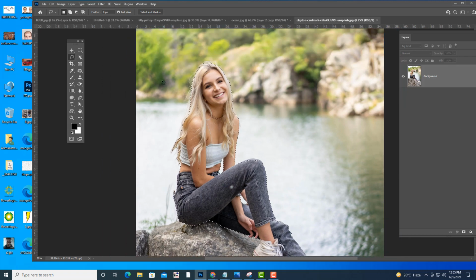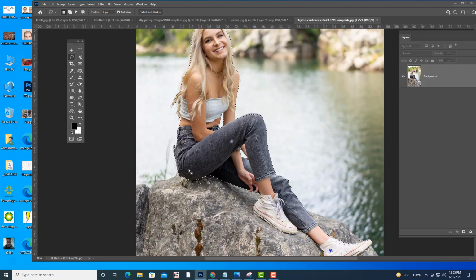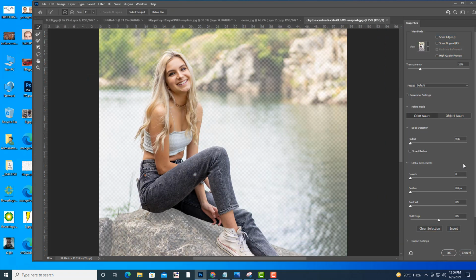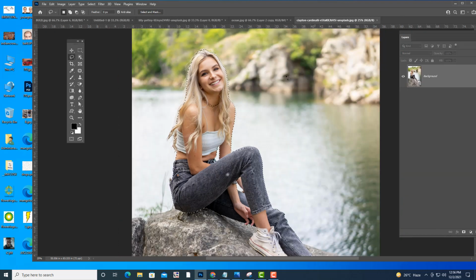I'm going to select something called refine edge. What is refine edge, and where are we going to find that? See, select. Here we have an option, that is select and mask. But we don't want that option, because that option is complicated. Normally if you click here, it opens this select and mask. You can use this actually, but personally I don't like this option. So I will use refine edge.